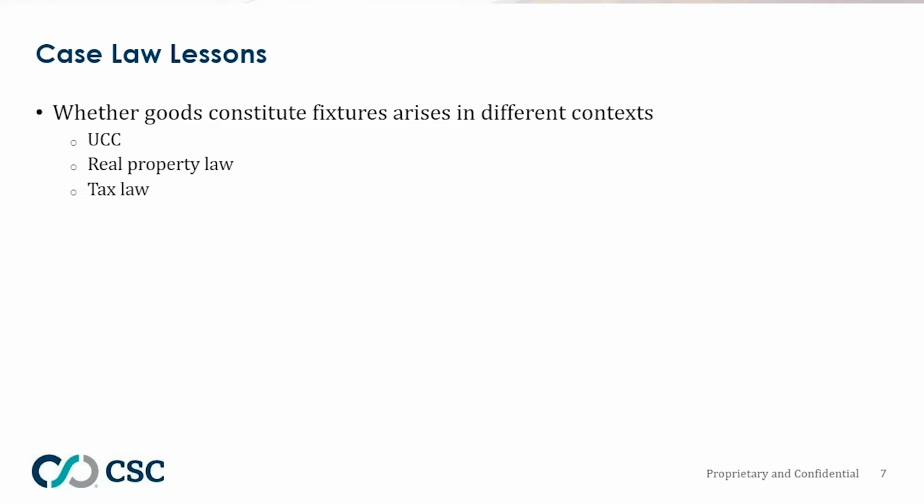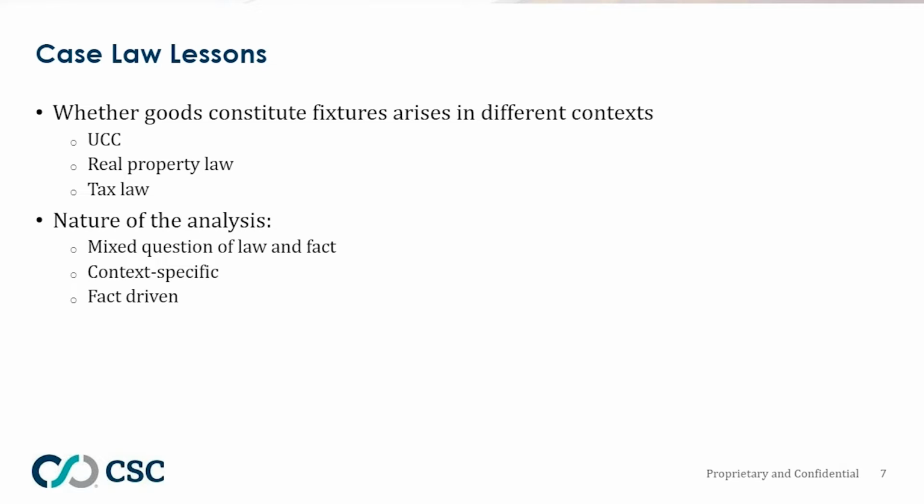We do know from a multitude of cases out there addressing security interests in fixtures that the determination of whether goods are fixtures arises in a number of different contexts, not just UCC, but also real property law, tax law. It can be law related to ownership of particular goods and similar situations. So it can arise in a number of different contexts. Now, the courts, when they address these issues as to whether goods are fixtures, they recognize that it's a mixed question of law and fact. It is context specific, and it's very fact driven. And what that amounts to is it's very difficult to predict in advance what is going to be found to